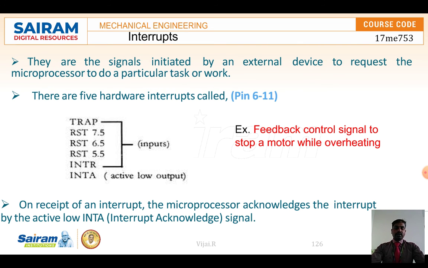Here are the interrupts, which can interrupt at any time to give some information. According to the priority, it will be taken care of. If there is an emergency, for example, a motor has to be stopped when it is getting overheated, the information has to pass to the CPU. So this will be given higher priority. When it comes in, it will immediately stop whatever process is already going on, and then it allows the interrupt. It depends upon RST 7.5, 6.5, 5.5 and the interrupts, or upon the priority of the task, the importance of the interrupt. According to that, it will react.